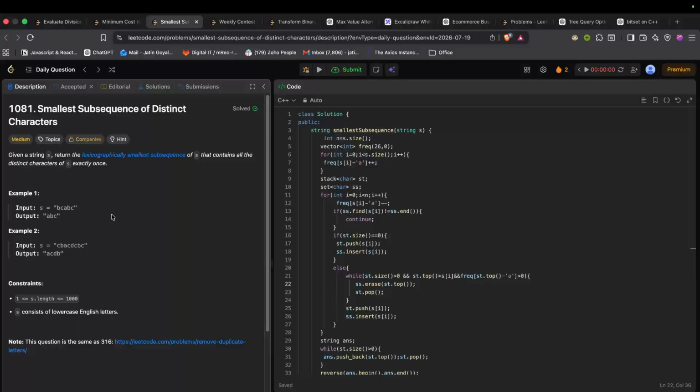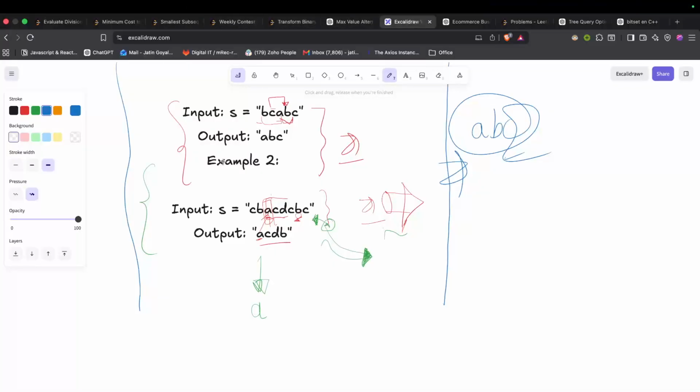So today we will solve the next problem of the day, that is the smallest subsequence of distinct characters. What is the problem stating to us? I will tell you in my words; you can read the problem statement too, or the statement is also too small. So let's suppose in the question we are given a string s equals to b c a b c. This string always consists of small letter